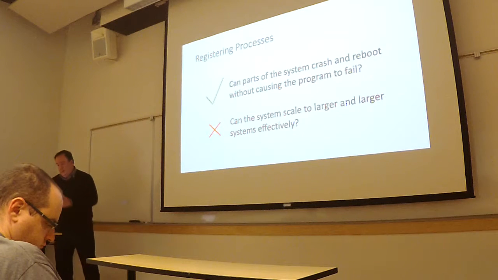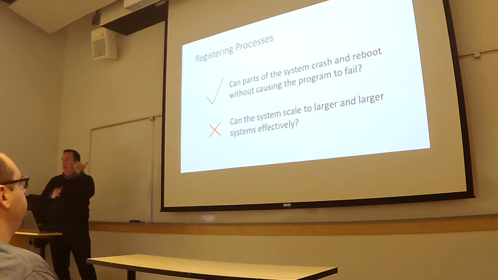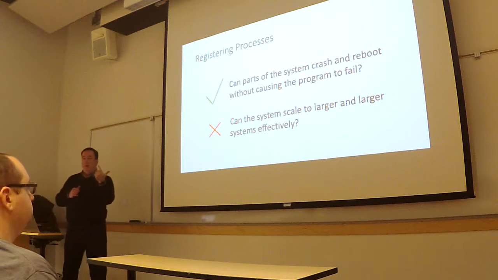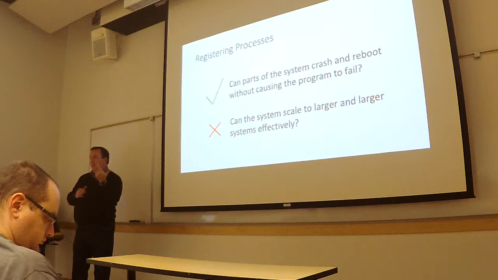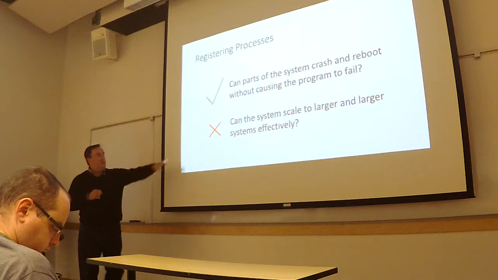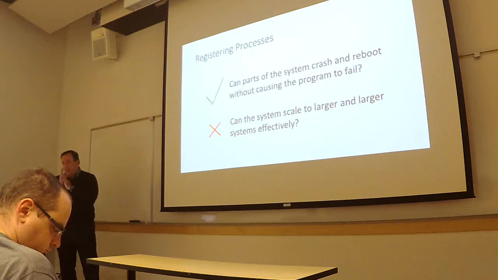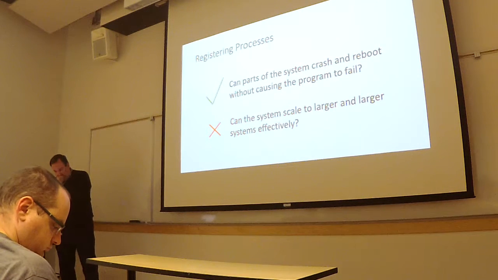So, in terms of our goals, this can work for the first one, right? We can now bring processes down and bring them back up through both a process ID registry and also this ability to link and monitor processes. But the naming part alone doesn't really scale well, so we haven't really solved the second part of the goal. So let's talk about the third part of the goal.